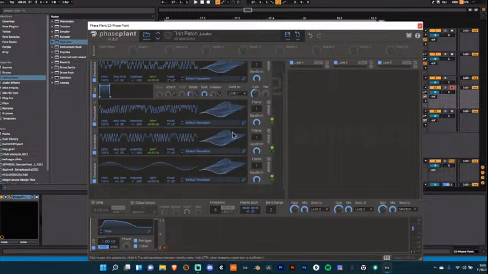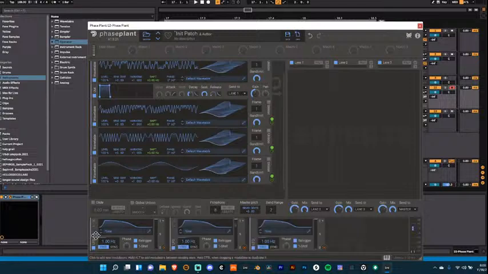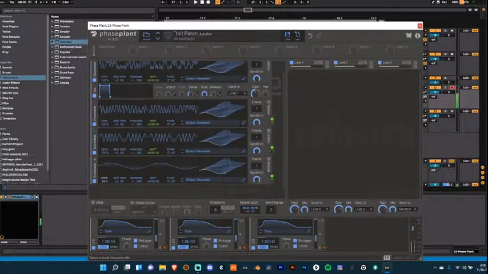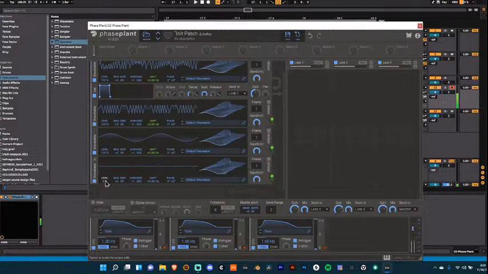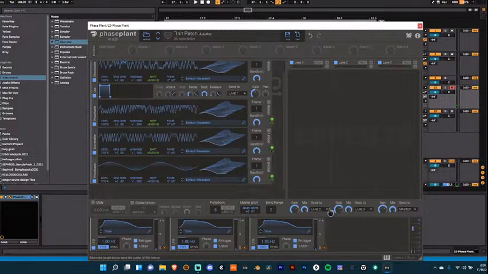And then if we have 3 operators, we can have 3 envelopes. And we can use these envelopes to either control the volume of the oscillator, which will effectively control the amount, or we can take this and modulate the amount of FM here with this